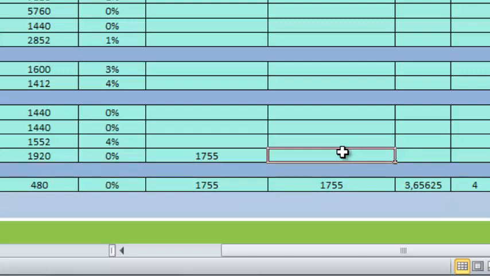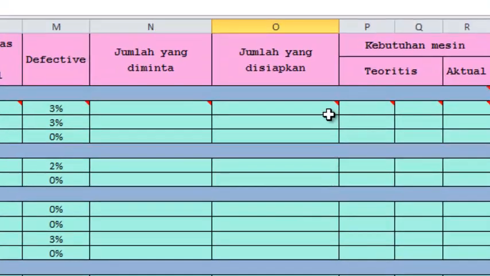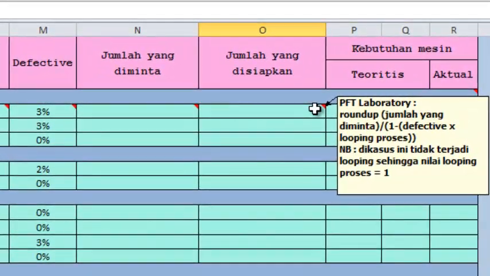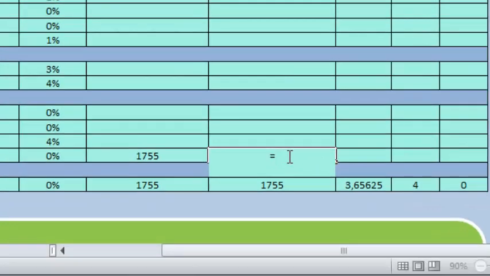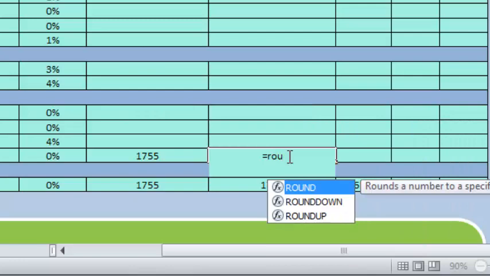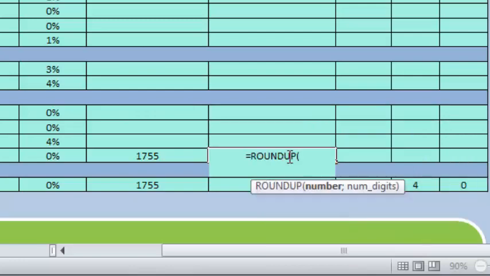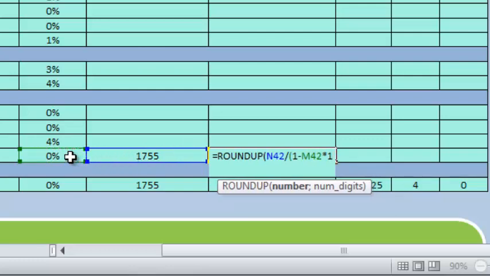Number of products that are prepared after the defective a day. First, read the comment so you will know the formula. The formula is round up column N42, then divide with 1 minus the defective itself, then multiply with 1.0.